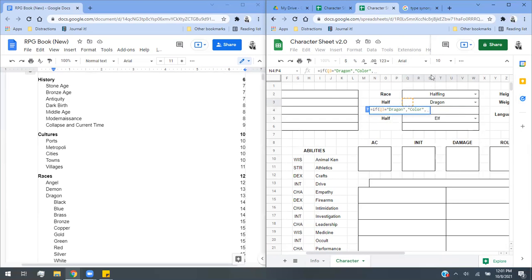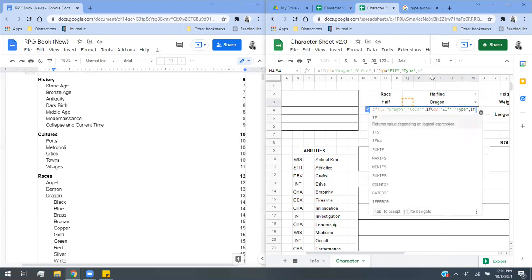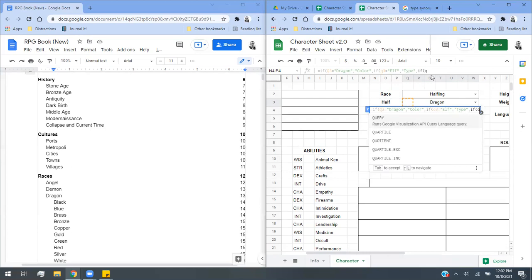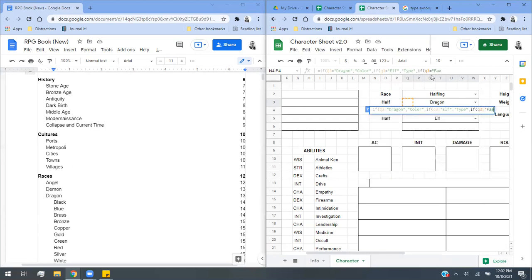Okay, but we can stack these if functions inside of each other. And if it doesn't say dragon, maybe it'll say if this equals elf, we'll have it say type. And again, if it doesn't say that, maybe it'll say if Q3 equals Faye, say,